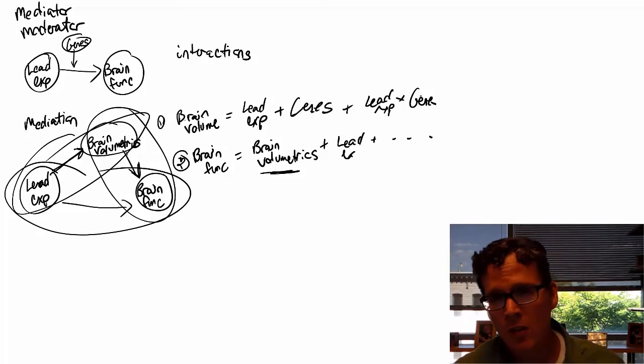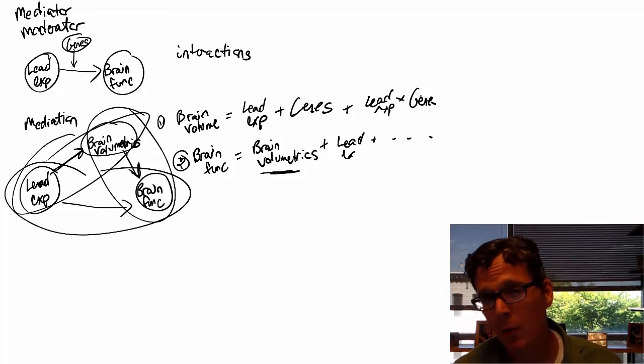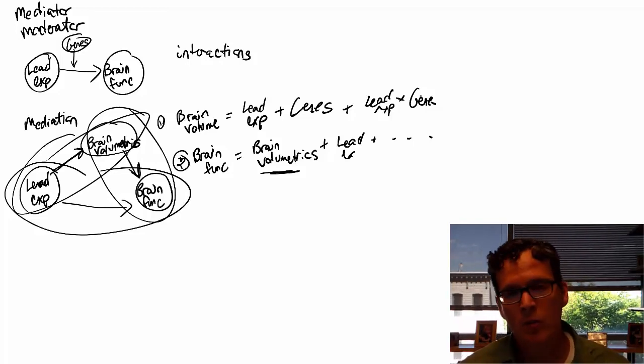I think this example highlights the difference. When you're looking for moderation, the moderator isn't the change agent; it's just a variable for which different levels of it will impact the relationship between the independent variable and the outcome. Versus mediation, where you're trying to get at the mechanistic roots of the problem, and you're wondering whether the way in which the independent variable impacts the outcome goes through this other variable. I hope this example helps clarify this question a little bit.